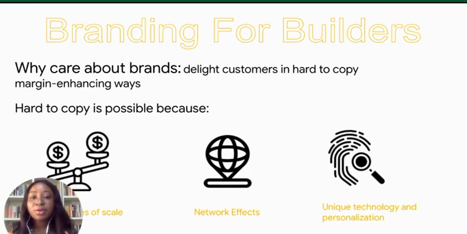We should care about brands because brands help us to delight our customers in hard to copy, matching, enhancing ways. What does this mean? This means that, for example, I'm somebody who uses a particular product, right?